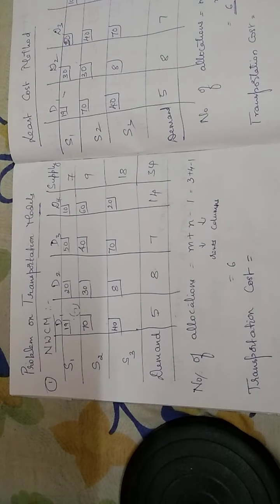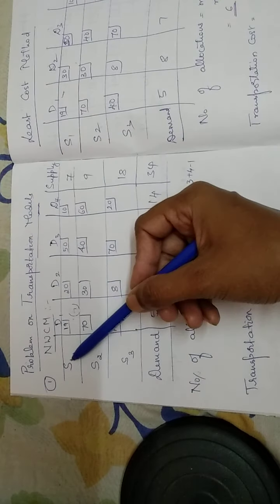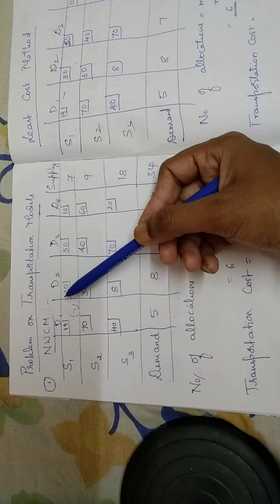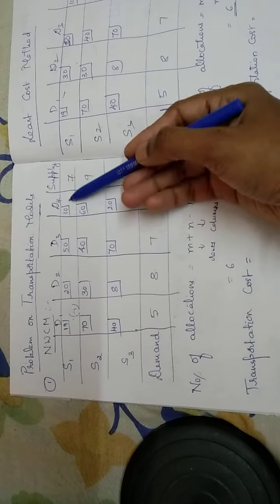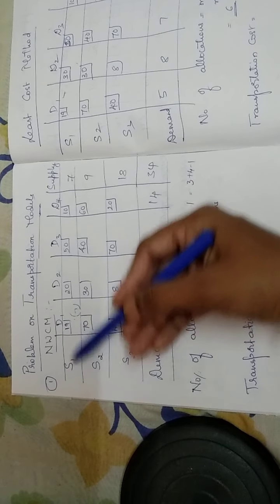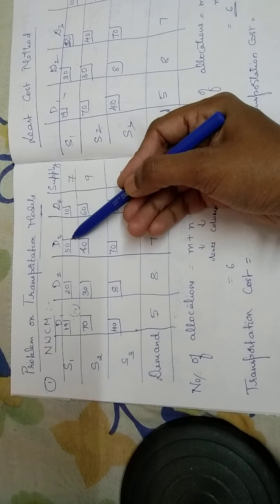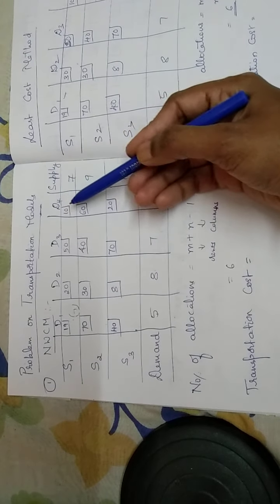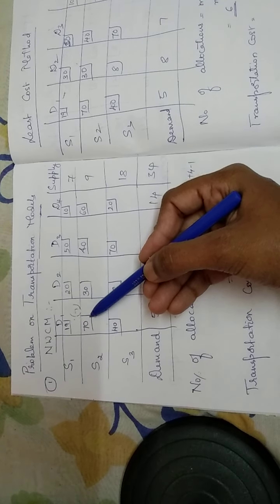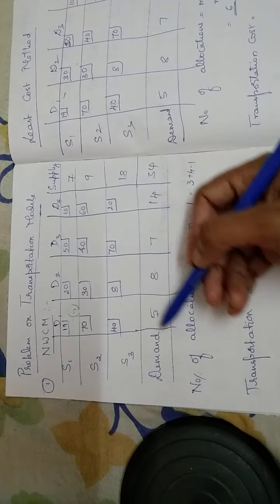So here you are given the demand and the supply. If you observe here, these are the supply, sources of supply. These are the destinations where we have to make the materials available, right? So these are all the costs involved. So from source 1 to destination 1, the cost involved is 19. From source 1 to destination 2, the cost involved is 20. Source 1 to destination 3, the cost involved is 50. Source 1 to destination 4, the cost involved is 10. Source 2 to destination 1 is 70. Like this it is.